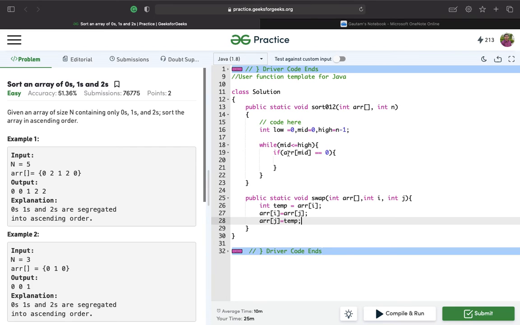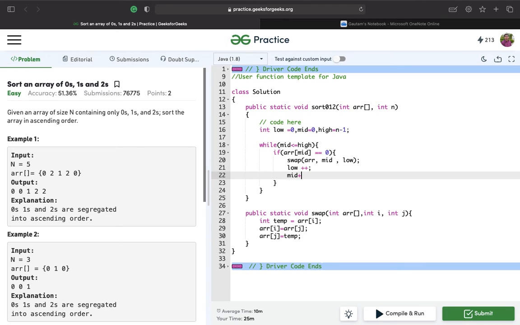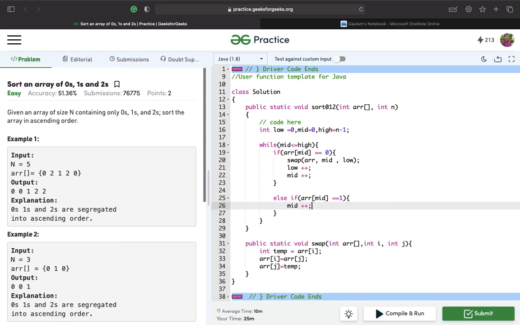So if ARR of mid equals 0, we'll swap mid with low, and we'll increment both low and mid by 1. Else if ARR of mid equals 1, we'll simply increment the mid value.